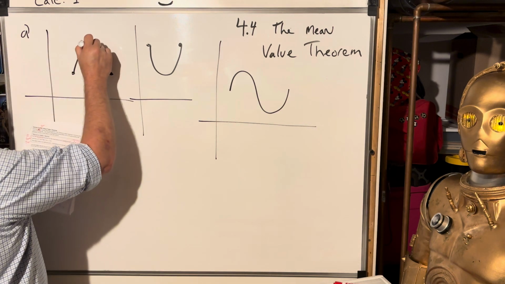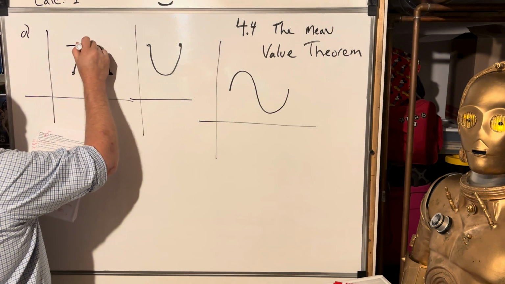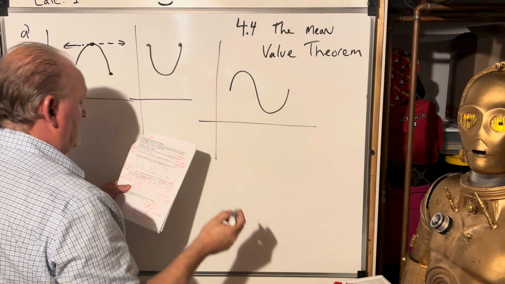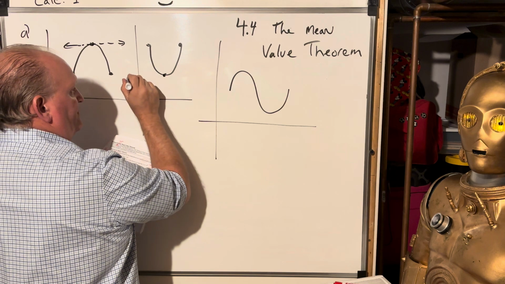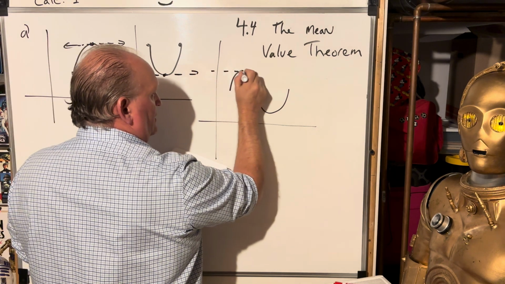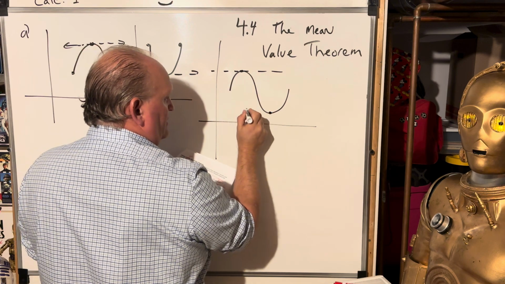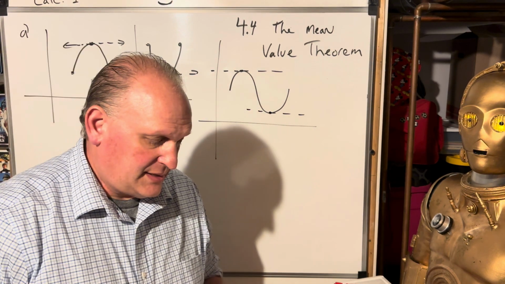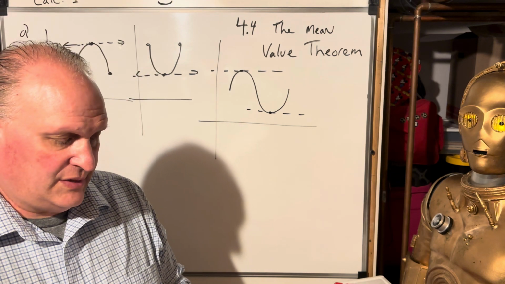We're talking f of 0 is right there. So that's a maximum. This would be a minimum. And there could be a max and a min on the closed interval. All right, so let's look at what this looks like